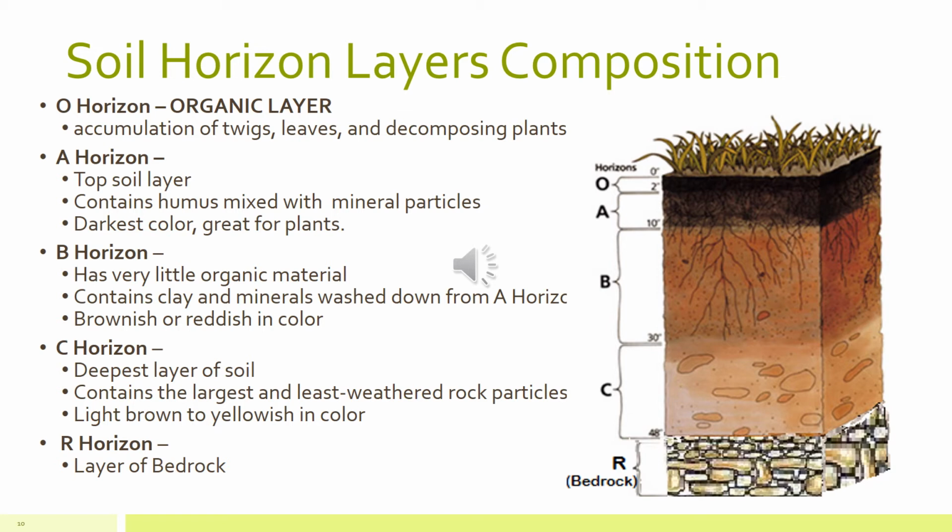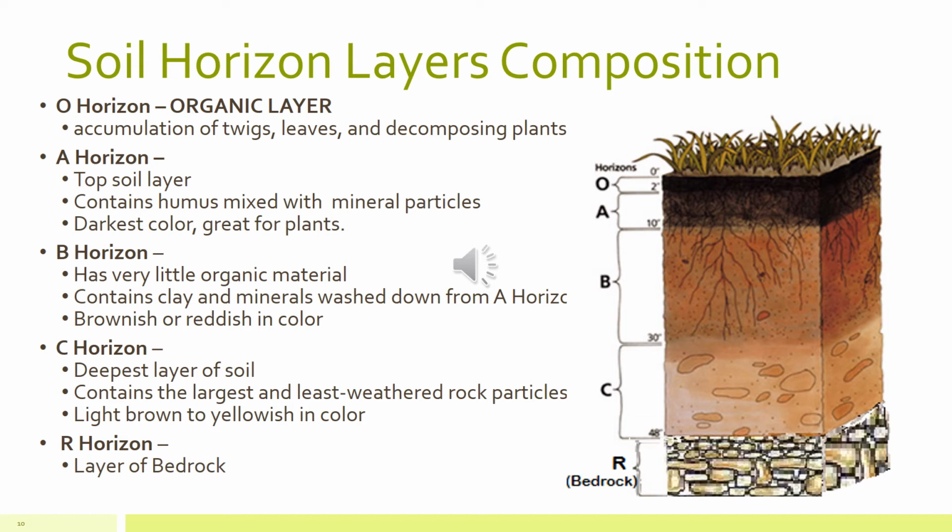Let's take a look at the A horizon. The A horizon is the topsoil layer. It contains humus mixed with mineral particles. Therefore, it's going to be the darkest in color and it has the most nutrients. This layer is great for plants, especially for farm plants such as potatoes and corn and all kinds of other